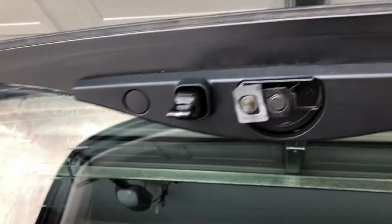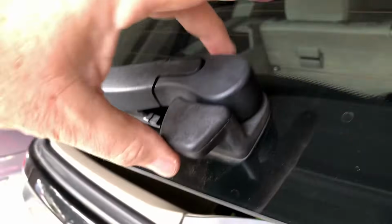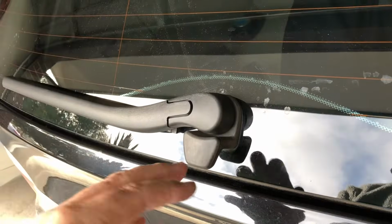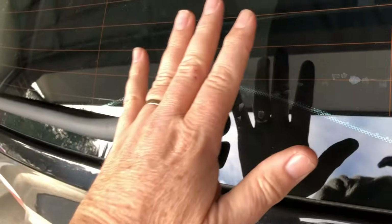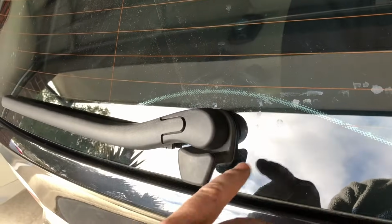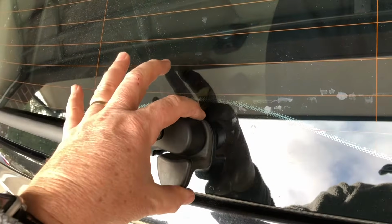But what I'm going to do now is have a look at this micro switch, because the story is that you get water in the micro switch here, and it can cause shorting out. Mine seems to be associated with the brake. Maybe it's forward momentum. Well, I don't know, it happens in reverse as well. I don't know. But I'm going to pull this apart and have a look and see if there's any water